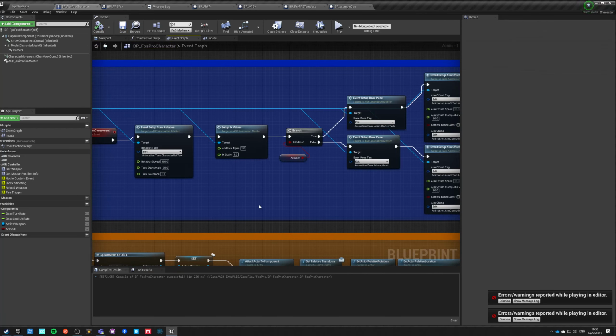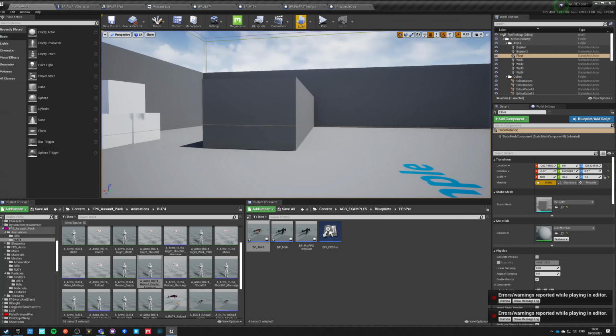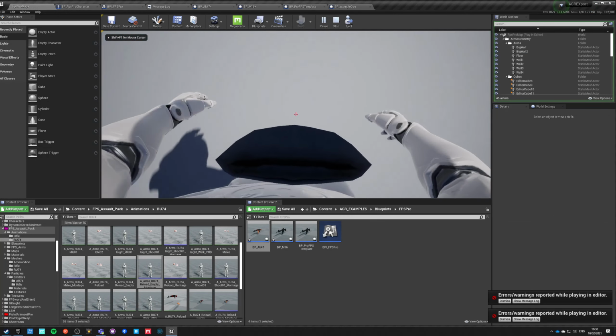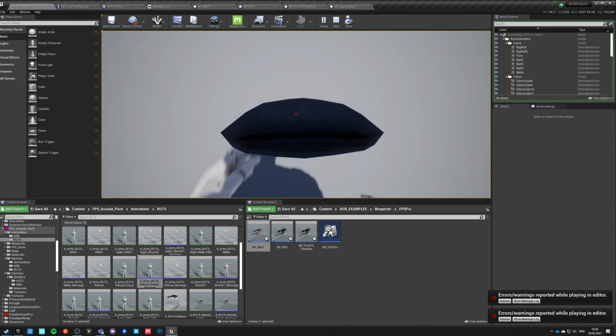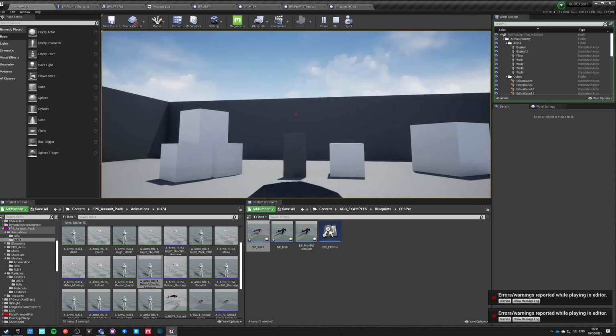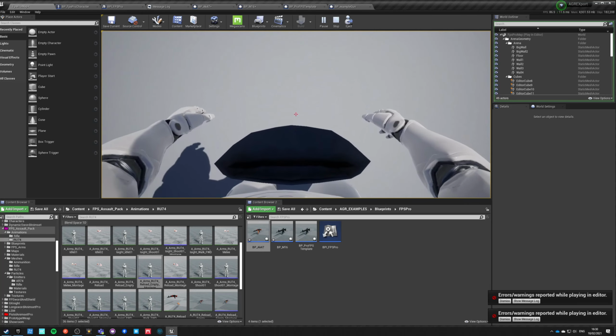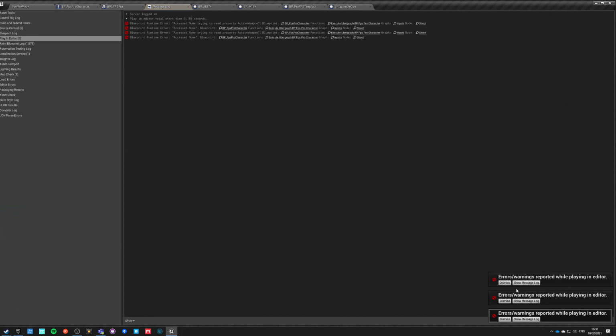Okay, and we could also swap the turn rotation, do other stuff, but we'll just do this. So now we are looking around and we are running. Okay, and we can see our chin because of reasons, but I'm not going to deal with this right now. And we're going to check our errors.